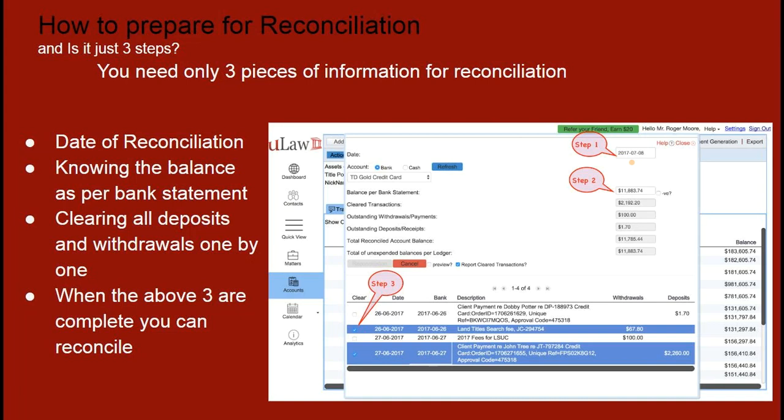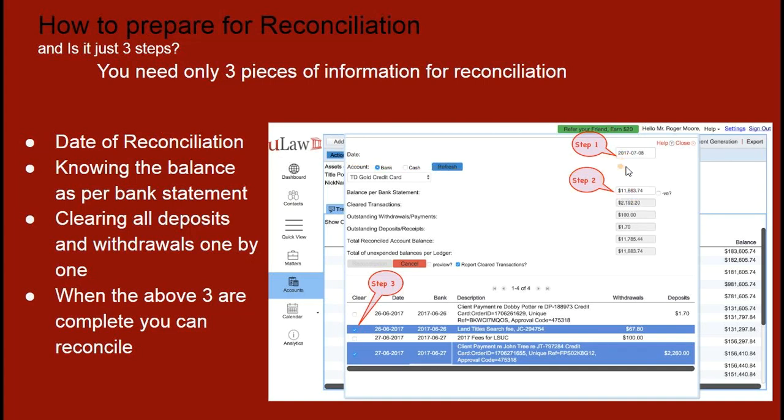So you can, as a firm, devise a particular cutoff date and make this as systematic and periodic as possible. You can decide whether it's exactly the last day of the month, or can it be a few days earlier. I think the Law Society does recommend that the 25th or the 26th is a good date, so that it gives you some room for any corrections that you may have to do before you revisit it at the end of the month. Okay? But you can decide what that time period should look like. So the date of the reconciliation, very important.